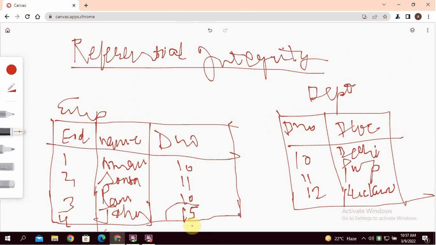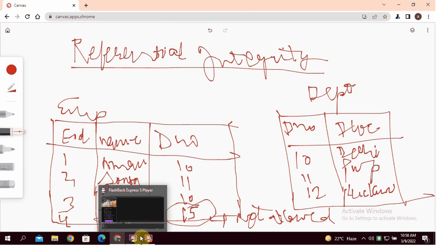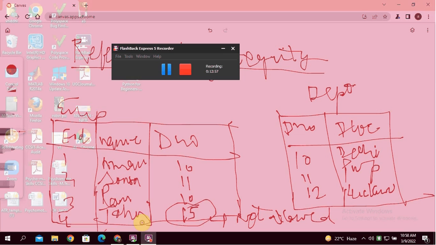This is not allowed, because D number is a foreign key in employee relation. So the value of D number equal to 15 is not allowed in employee relation because D number 15 is not available in department relation. These are the integrity constraints.